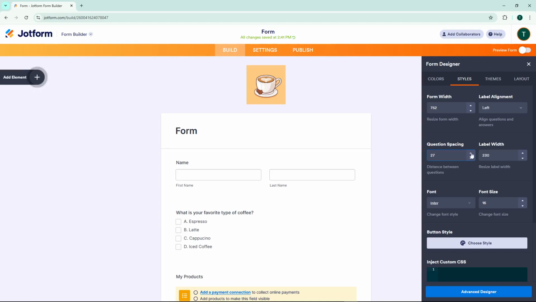And there you have it, you've successfully modified the spacing between questions in your Jotform to create a cleaner, more